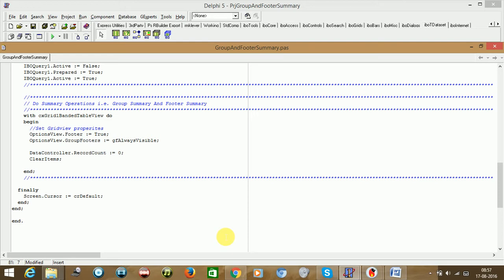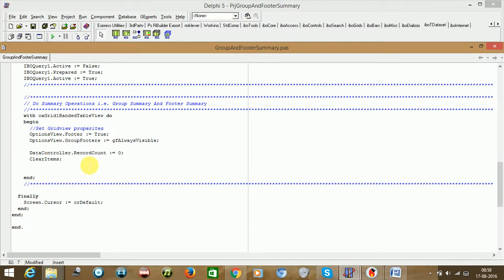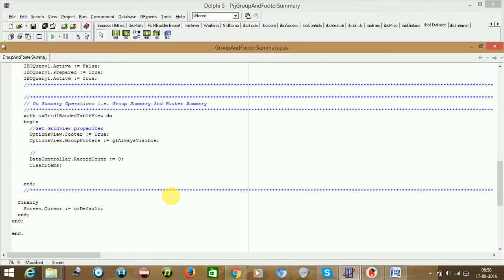Now what we need to do is some work for the columns. Since we have initialized the record count to 0, now we need to create columns like this, and while creating the columns we need to give the captions to those columns as well. So how could we do it here? And when we are giving the captions, we need to give the respective band index to them also. So this main work we need to do. This is the initialization part.